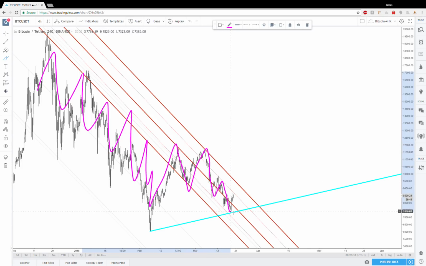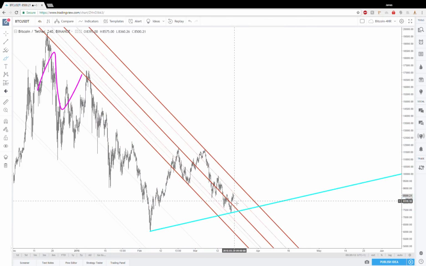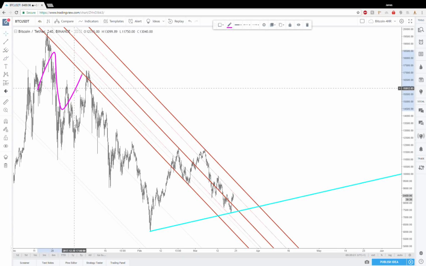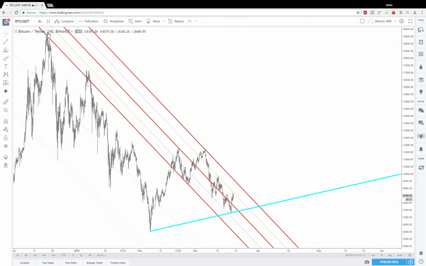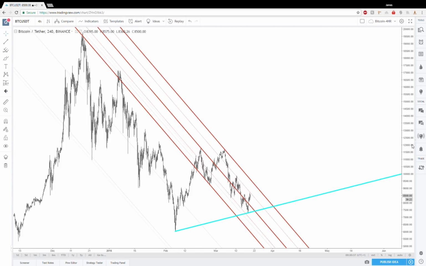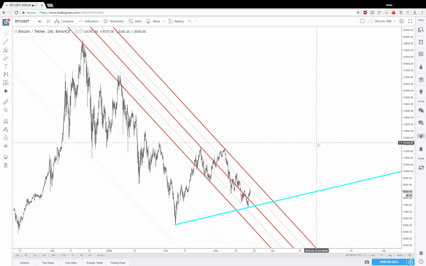It's smoother. It's still, unfortunately, down from 11,700, and now we reached 7,300. We're at about 8,500. So we've still made quite the move downward, but it's not as wild as it used to be, where we were at 20,000, and then before you know it, we were at 10,000, and then we were back to like 16,000. A lot of that has been smoothed out, and this is great for the market from a long-term perspective. However, the only thing I don't see here, I just don't see big volume coming in,